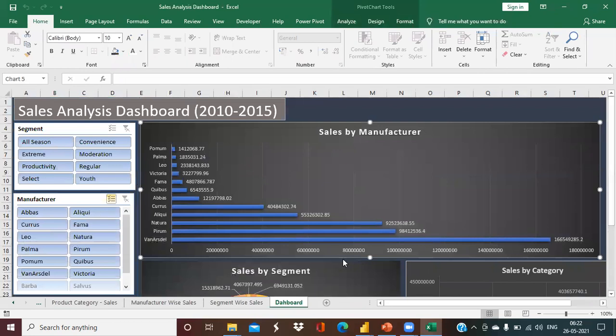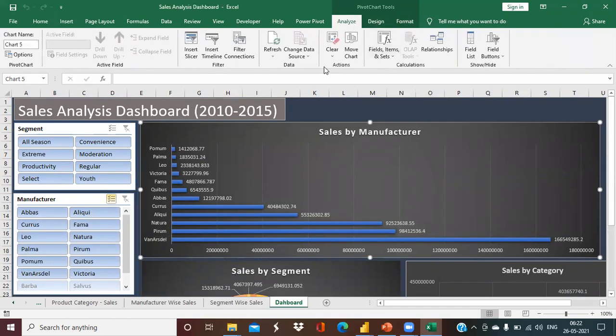So whenever your data is updated in the fact sheet, you just need to go to Analyze and hit the refresh button. Your dashboard will refresh accordingly so that you can share the current, updated and correct answers with your stakeholders.